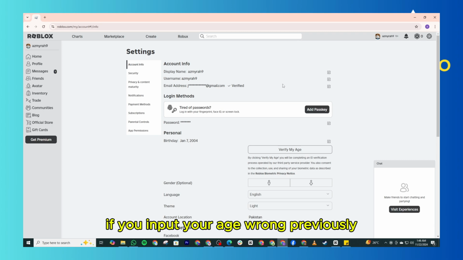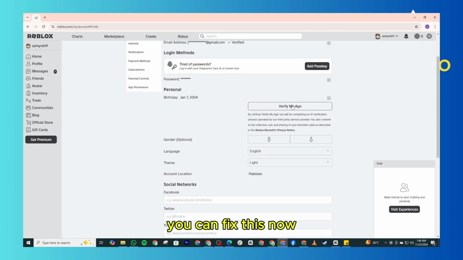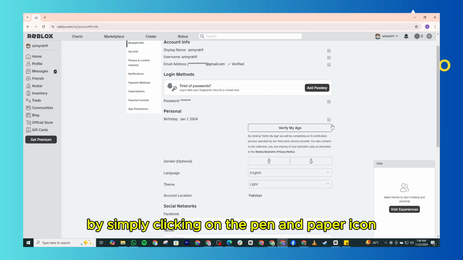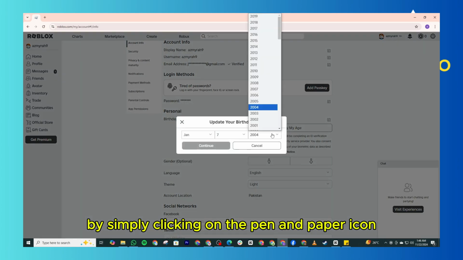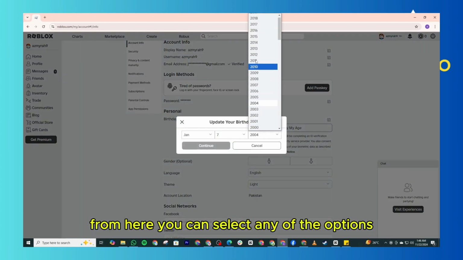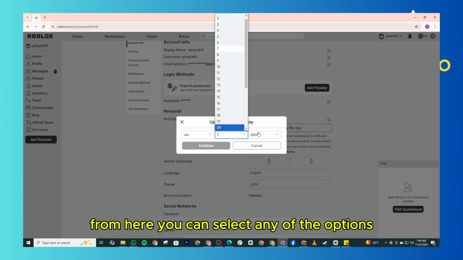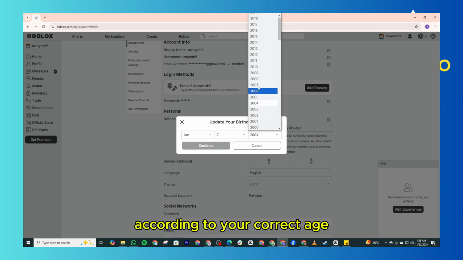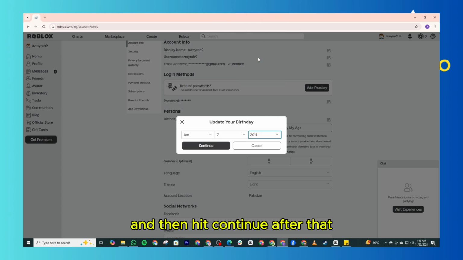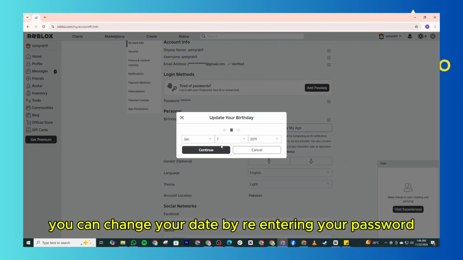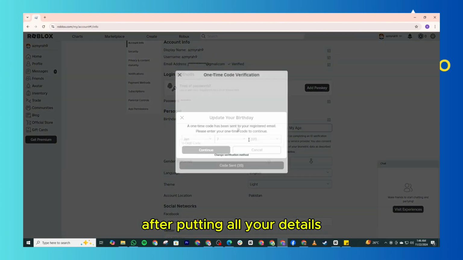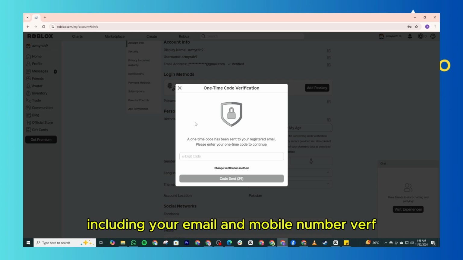If you input your age wrong previously, you can fix this now by simply clicking on the pen and paper icon. From here, you can select any of the options according to your correct age and then hit continue. After that, you can change your date by re-entering your password. After putting all your details, including your email and mobile number verification,